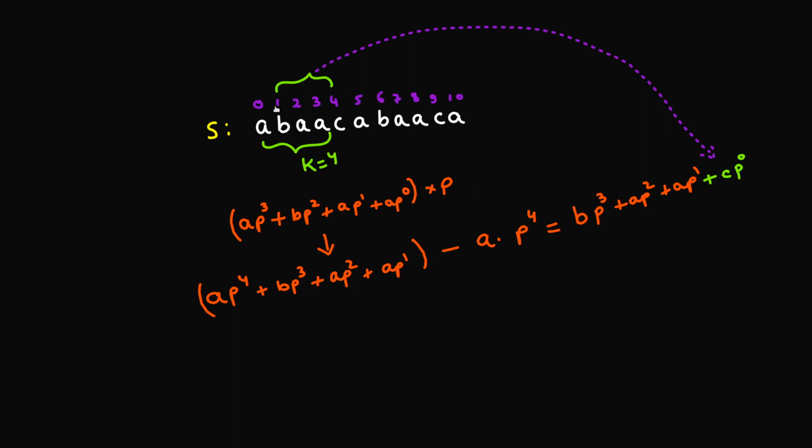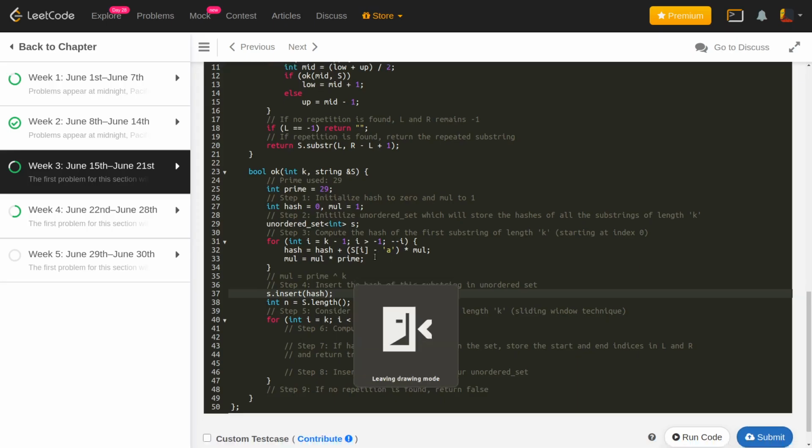Okay, so I'm basically considering this substring. After that, I'll be considering this substring, and after that this substring, and so on. At the end, I'll be considering this substring. Okay, so the ending index of the next subsequent substrings, which I'll be calculating using the sliding window technique, starts from this index k, because that's the next substring of length k after this initial substring from 0 to 3. So I'll just process all the other substrings that I have.